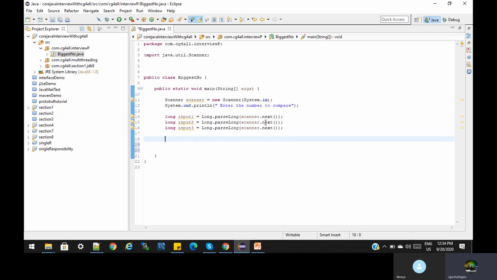Now we have the input numbers. This input 1 we take as the big number, so I define a variable: long bigNumber is equal to input 1. If input 2 is greater than big number, then big number is input 2.